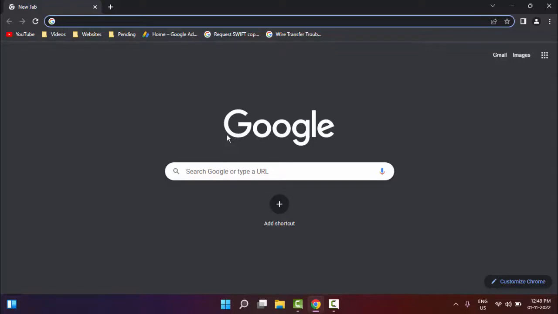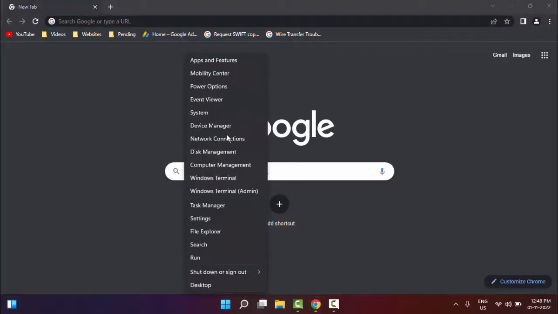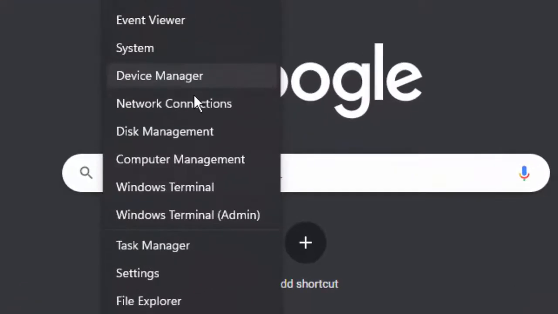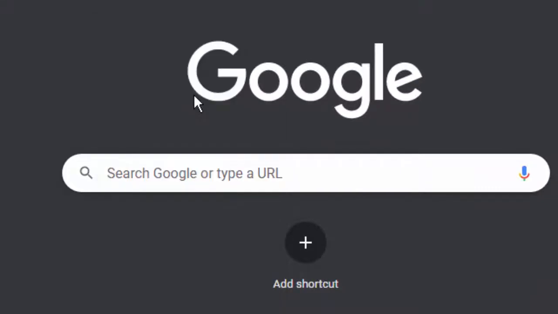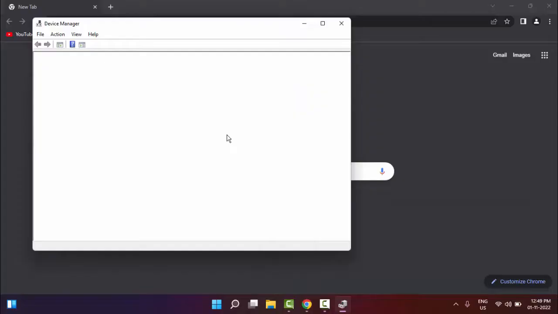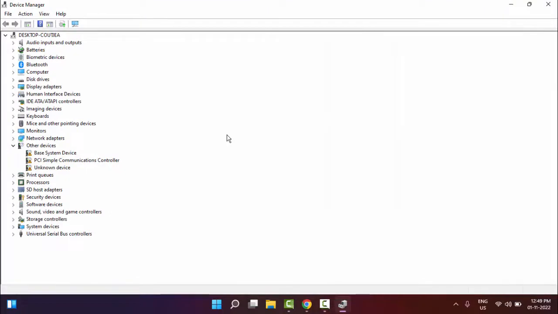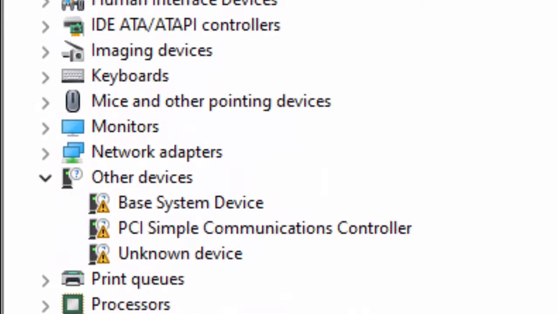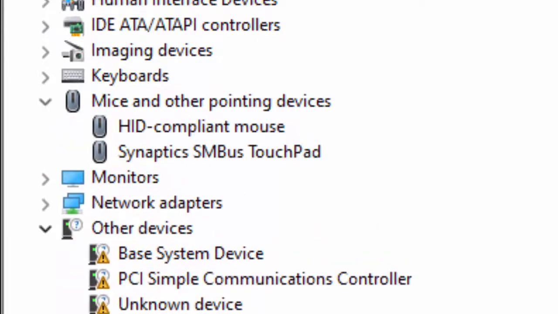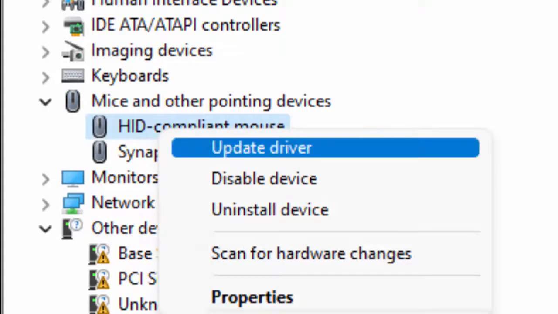And the third method, you open the device manager, right click on start and go to device manager. So now here guys, in the device manager you find the mice and other pointing devices. Open this, right click on mouse driver, select the update driver,